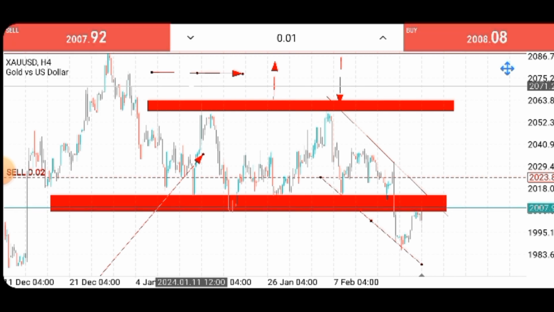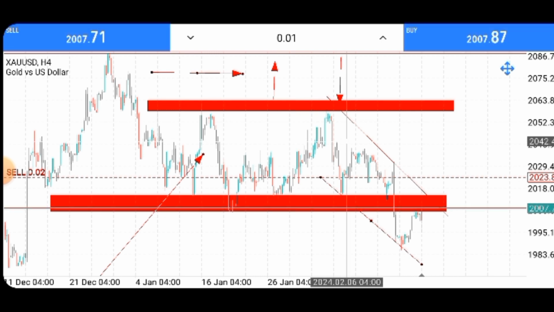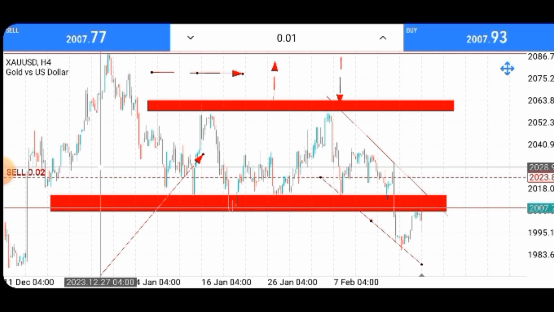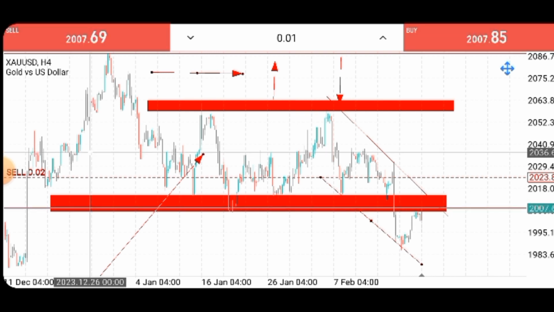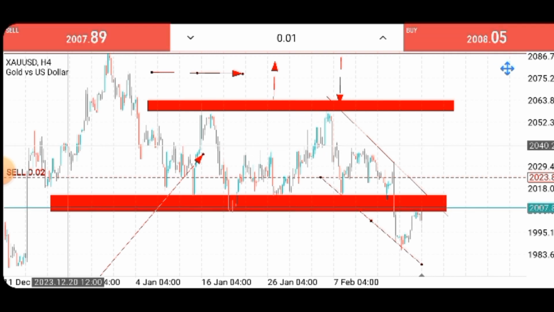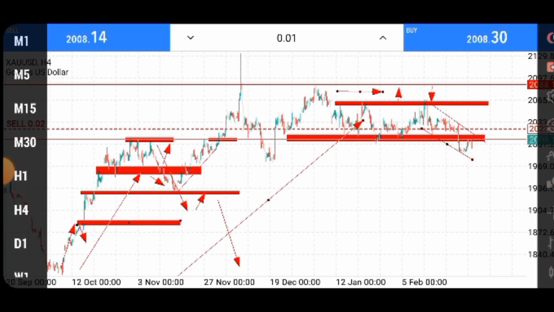Let's say they agree that we are selling gold at 2,000 and we are also buying gold at 2,000. So price is consolidating. Buyers and sellers are in agreement. The same happens here. Buyers and sellers are in agreement. I wanted to buy at the midpoint, but I understood that this move, because of this resistance,